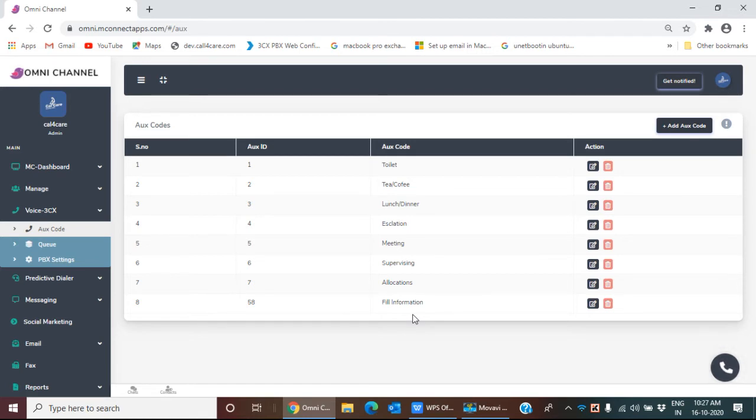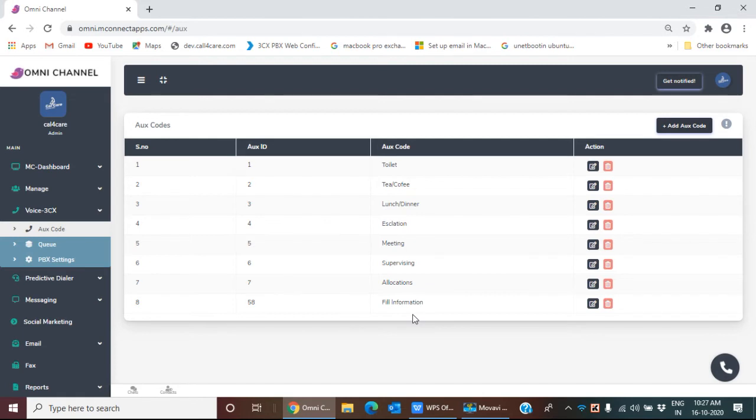Omnichannel offers Oxcode solutions which are very simple, accurate, and the agents can, without any confusion, choose the Oxcode and log out of the queue. There are some time where the agents are really stressed out because a contact center is a busy place involved with customer interaction, and so at some point of time the agent may feel stressed out and willingly would log out to be at the bottom of the queue or not to attend the call.